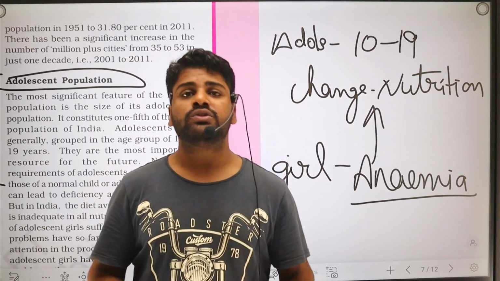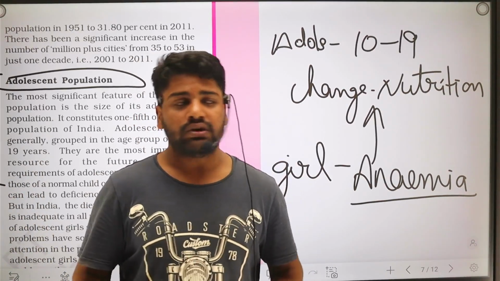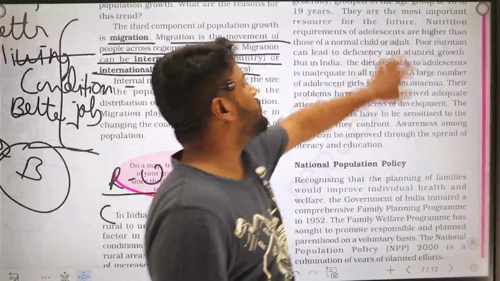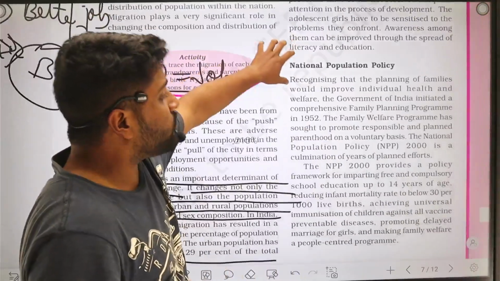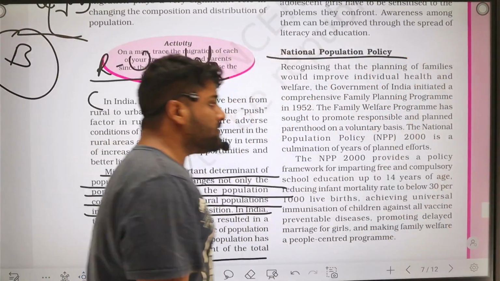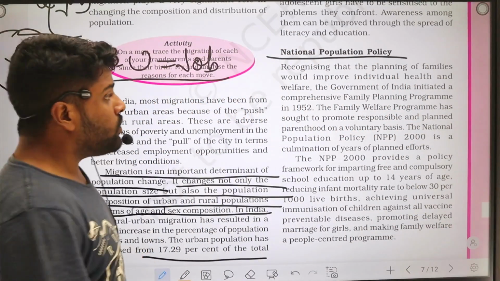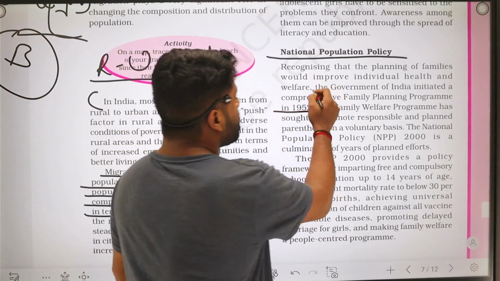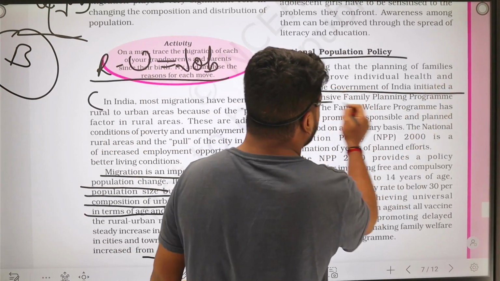That's why we need to take care of the adolescent age. Now, there are lots of programs being run to protect the adolescents of India. For that purpose, one such policy was the National Population Policy. Now, what does the National Population Policy mean? It started in the year 1952, when the Government of India initiated the Comprehensive Family